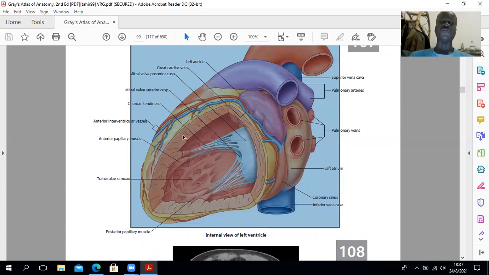And the walls of the left ventricle, they'll actually be 3 times thicker than the walls of the right, because remember, the left side of the heart is actually part of the systemic circulation, whilst the right side of the heart is part of the pulmonary circulation, which actually works in a pressure system of about 25 millimeters of mercury. So you'd expect the walls of the left ventricle to actually be thicker, since it's actually having blood that is 6 times in pressure that of the right ventricle,